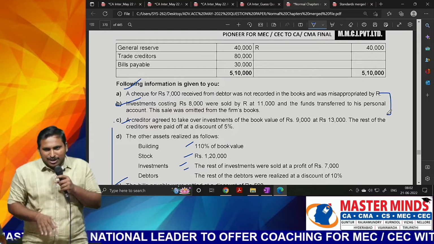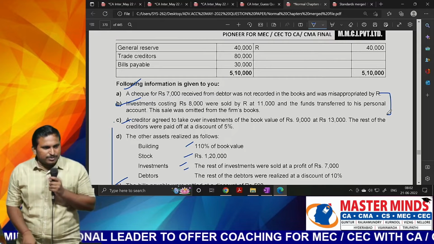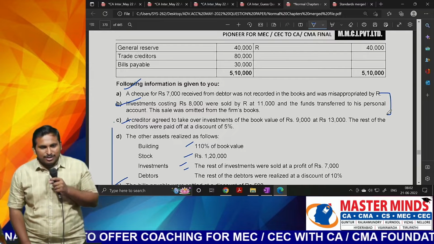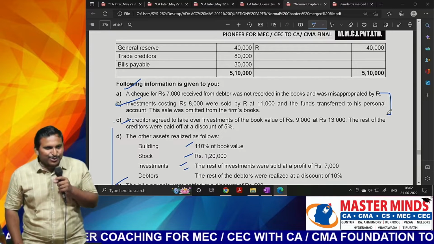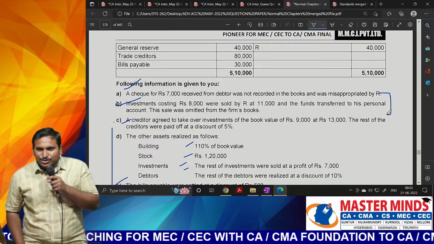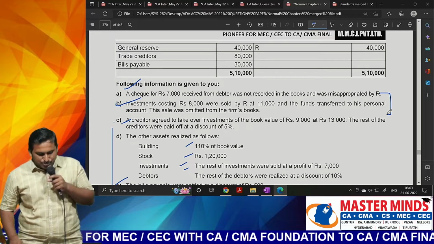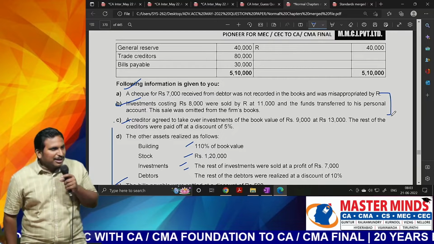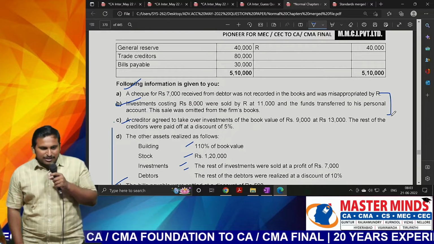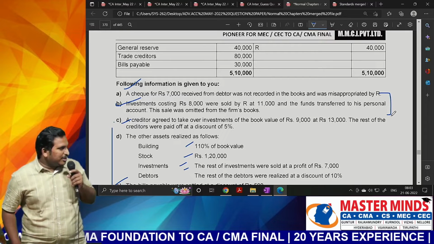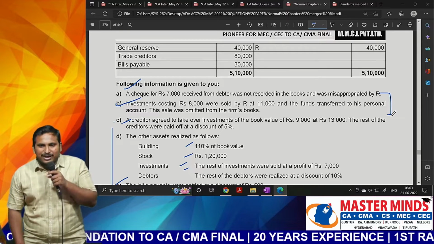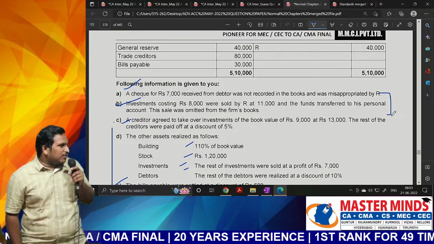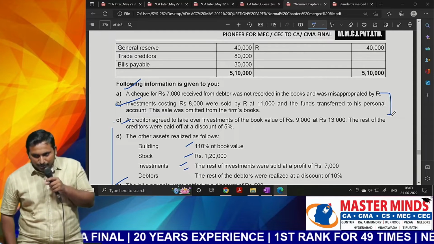You will receive the amount. No. You have received the amount. No. Tell me. Bank account debtor to? No. R has misappropriated, right? So to that extent, R's capital balance should be reduced. I hope you are getting the point. And similarly, debtors reduction: whenever a check is received from debtors, to that extent, debtors reduction is required. Am I right or not? So to that extent, we'll record the debtors reduction also. Are you getting the point, sir?